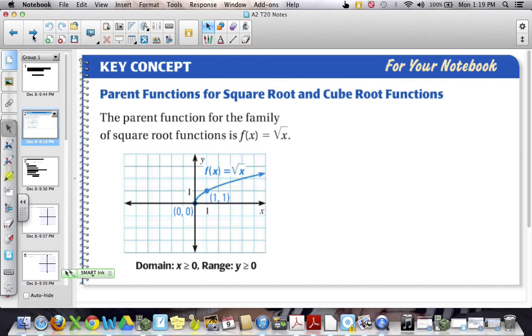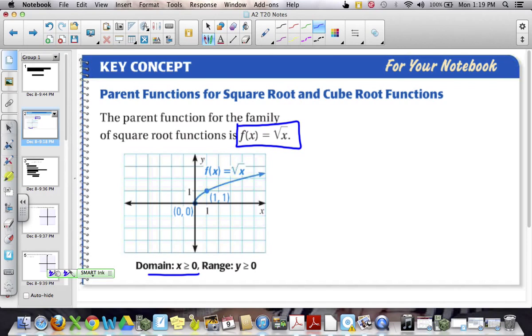So if we begin with the parent function of a square root, using the most basic of square root functions, f of x equals the square root of x. What we see is that the domain for this is only values of x greater than or equal to 0. Okay, that's the domain. And the range, we only end up also with values greater than or equal to 0